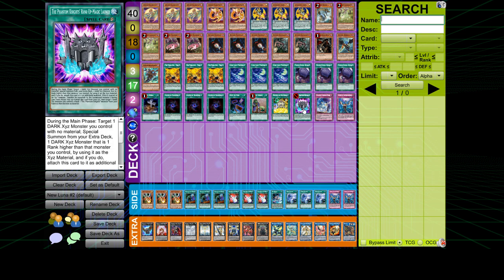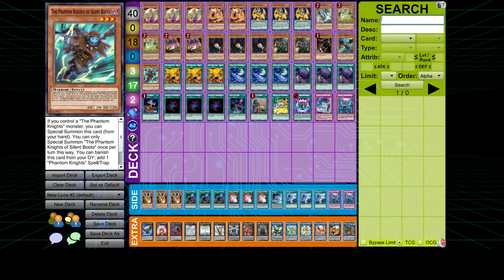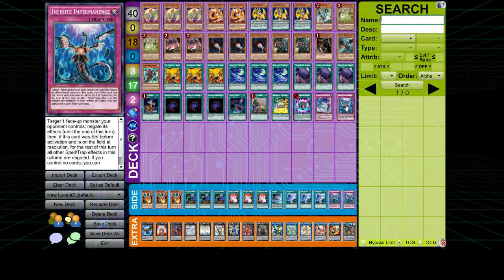Rank Up Magic, part of the combo. Also not bad to draw because you can still combo if you draw Rank Up or Boots. You just can't do the first turn combo if you open up Double or Nothing, but you can still end on like Appaloosa, Evil Storm Nightmare, Tornado Dragon, Serenade Dance, and then Impermanence, because I needed a 40th card